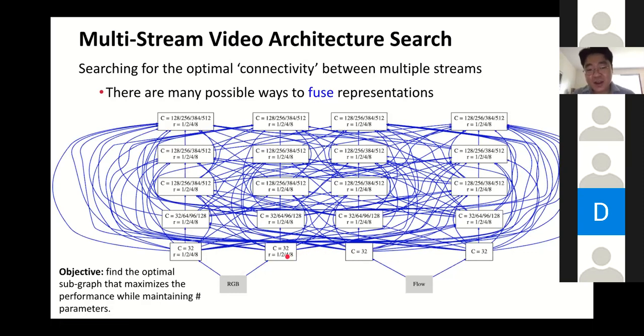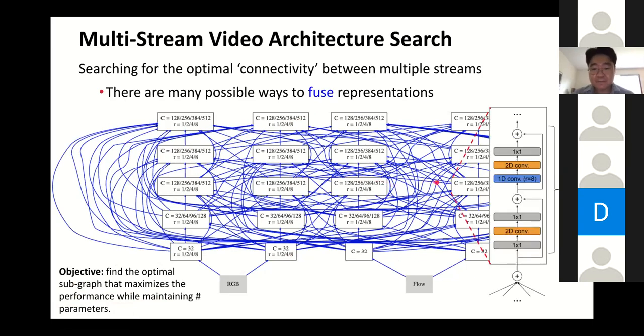And then we try to find the optimal subgraph that maximizes the performance while maintaining the number of parameters. So this is supergraph. We find the subgraph, and then based on the subgraph, we generate the network. And each node within this supergraph actually looks like this. I mean, essentially a ResNet, repetition of residual modules.